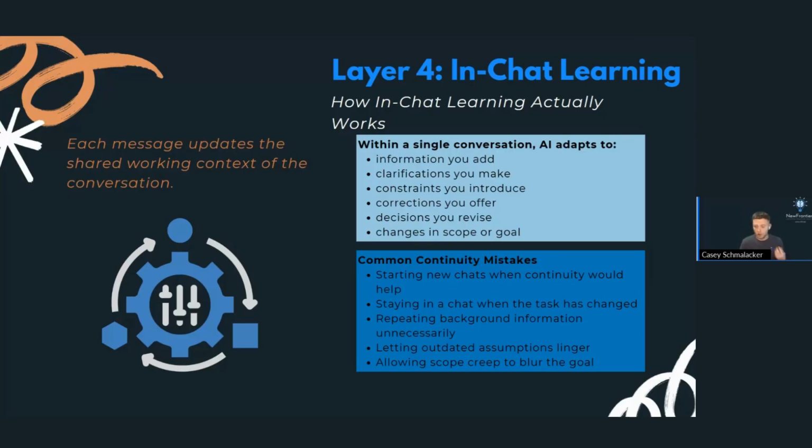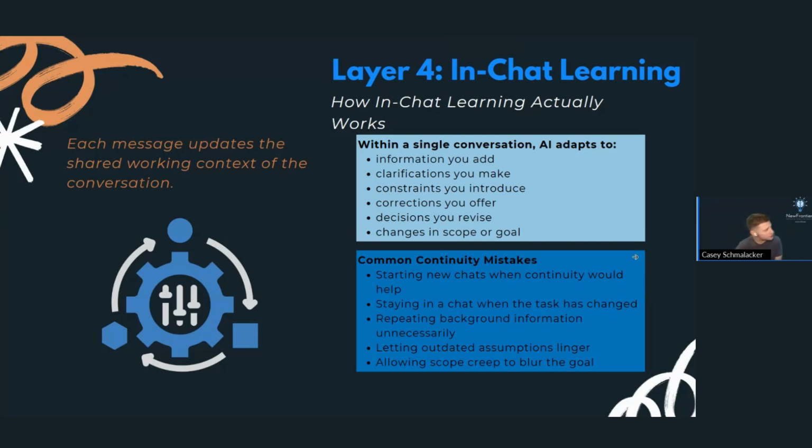but blur the goal. I will also share that at a certain point, chats carry too much memory, not to be confused with the other memories. Actually, there's just too long of a chat. I will show an example in a second where it will actually crash and stop working if you do too much.